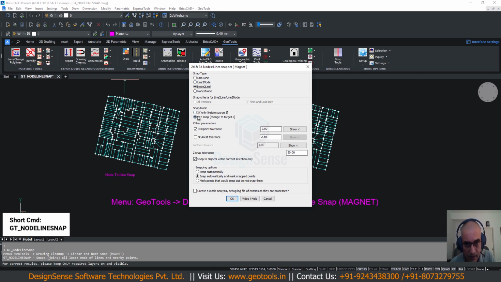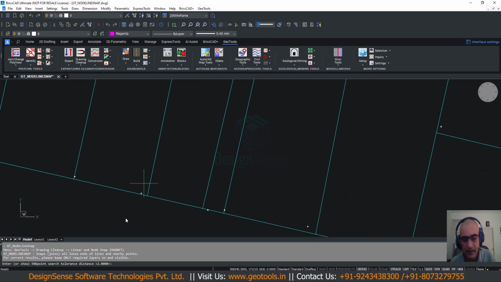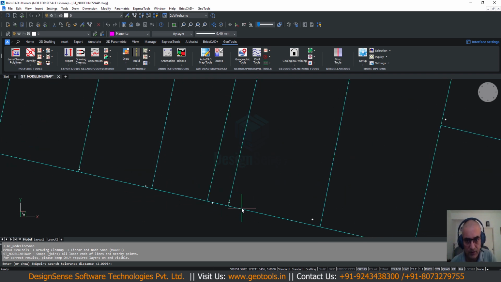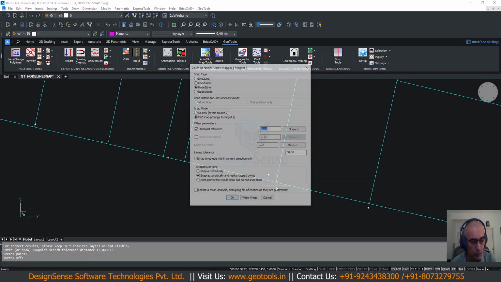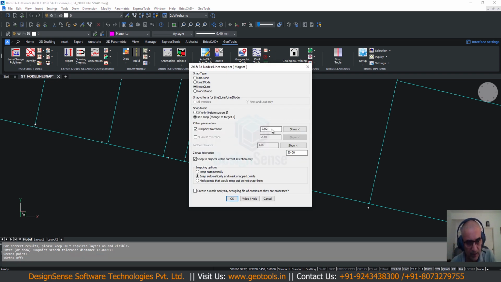I choose X, Y and Z. In this case it's 2D, but it doesn't matter. Now, the endpoint tolerance is 2. If you don't know how much is 2, just click on show, and by visually looking at the data, let's say I will give something like this. Okay, this much, so maybe